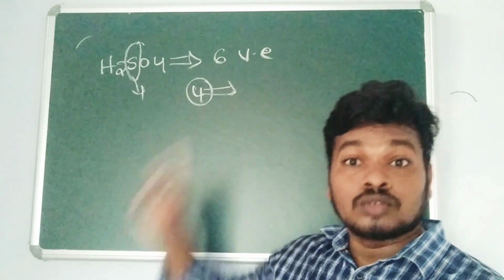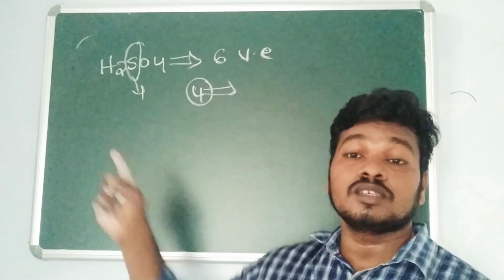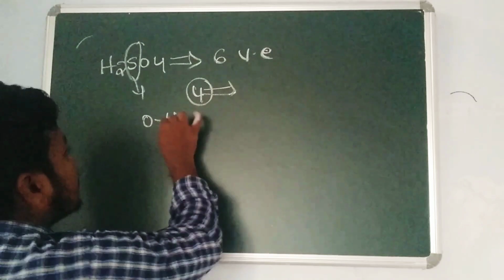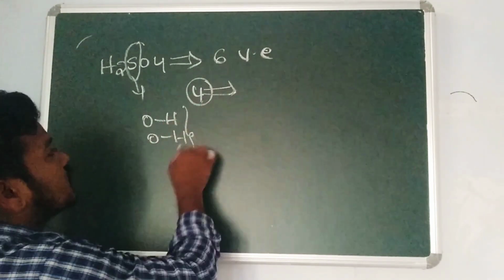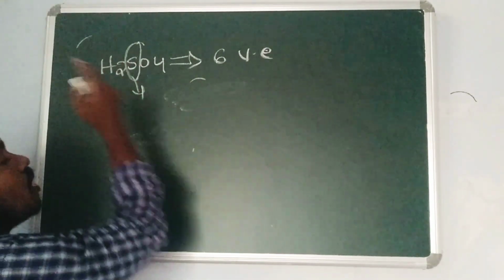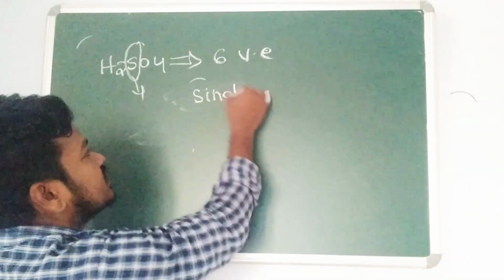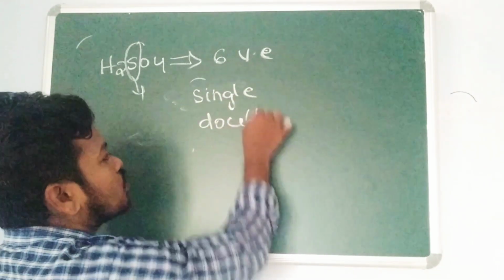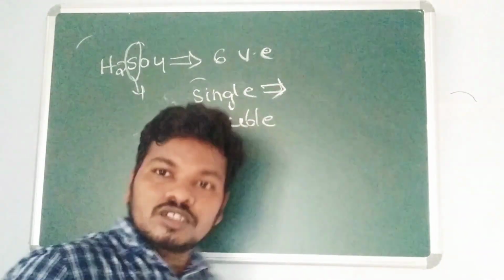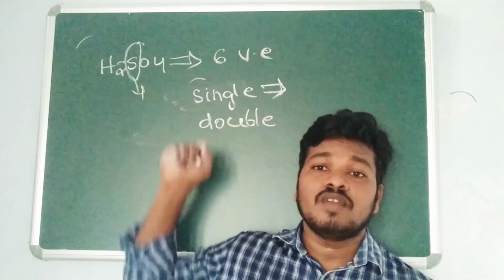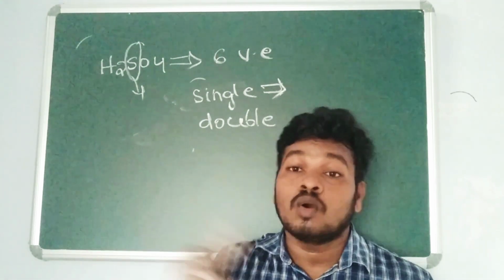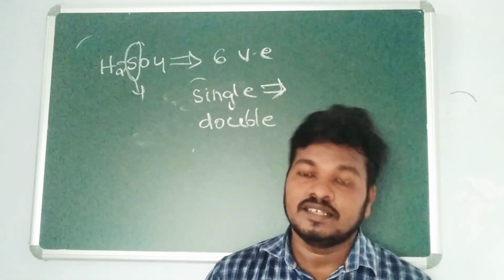Here there are 2 hydrogens. Oxygen always bonds with hydrogen, forming an OH bond, so 2 will form. The oxygen valence is 2, with one bond to hydrogen and one bond to the central atom. You have to identify how many single bonds and how many double bonds. Single bonds: 2, since there are 2 hydrogens, 2 single bonds, with oxygen forming an OH bond. For 3 hydrogen atoms, there would be 3 single bonds only.